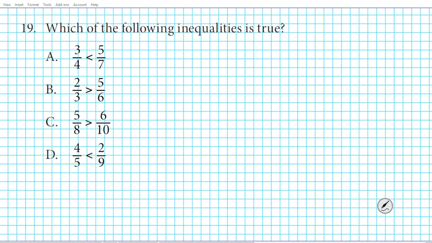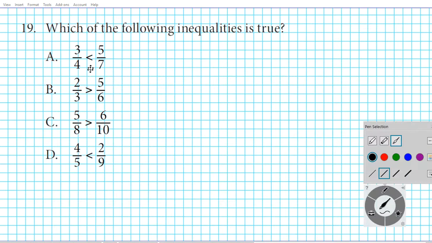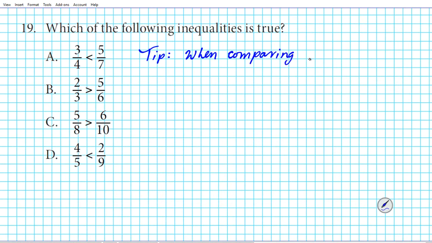Alright, let's take a look at question 19. It reads, which of the following inequalities is true? So if you look at the options that we have here, you notice that what we're doing is comparing fractions. Okay, so one thing to keep in mind is write down the following tip. When comparing fractions, it's just like you're about to add them, the procedure I'm about to write. When comparing fractions,